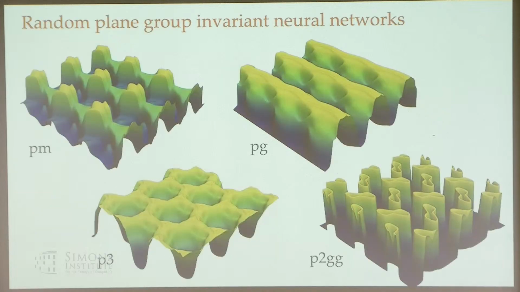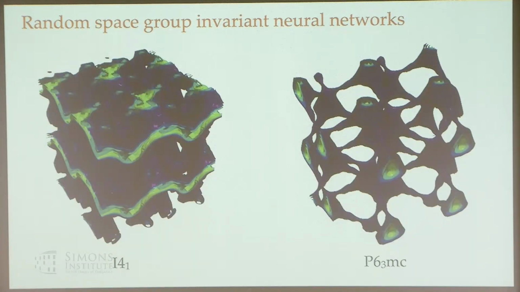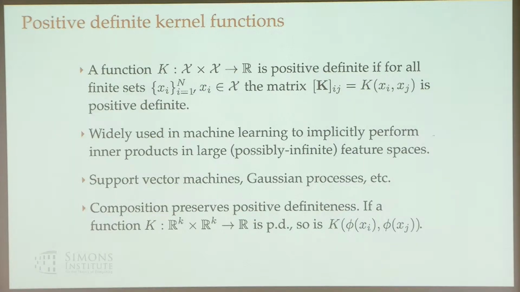So we can do this with neural nets. We can generate a random net and plot the functions you get, and they're weird neural net functions that respect the space groups, and so we can look at that in 2 or 3 dimensions and get these interesting structures. These are just random, right? I'm not fitting to anything there.